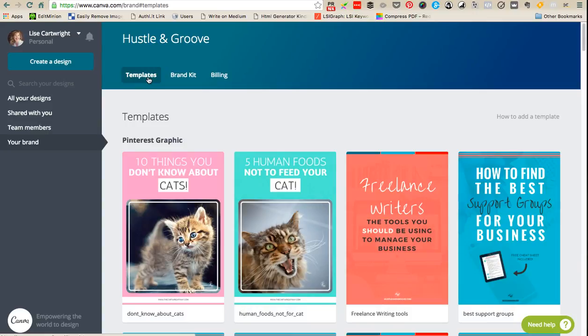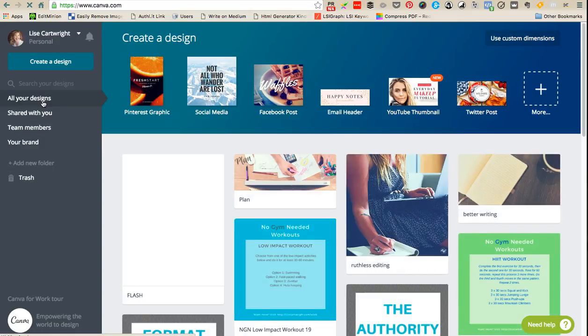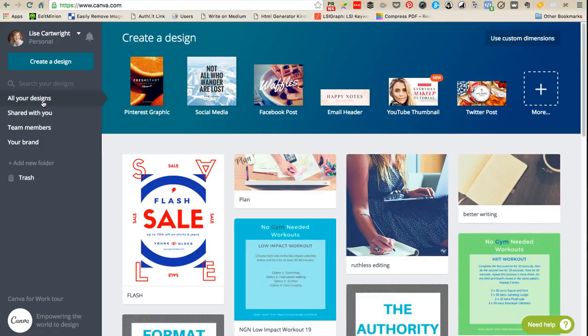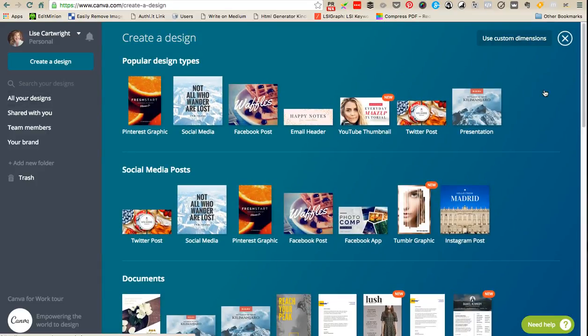I'll go over what you can do if you're not using this, particularly if you're on a budget, because everything else is literally free. So I'm just going to jump straight into how you can create lead magnets on the fly. It's super easy. And the first thing that you want to do is when you log into Canva, you just want to click on the plus sign here that says more,